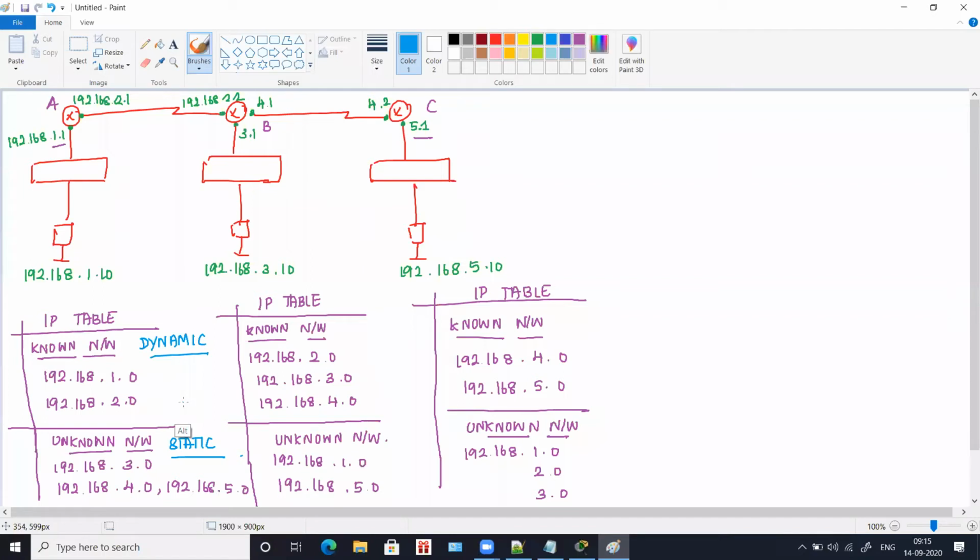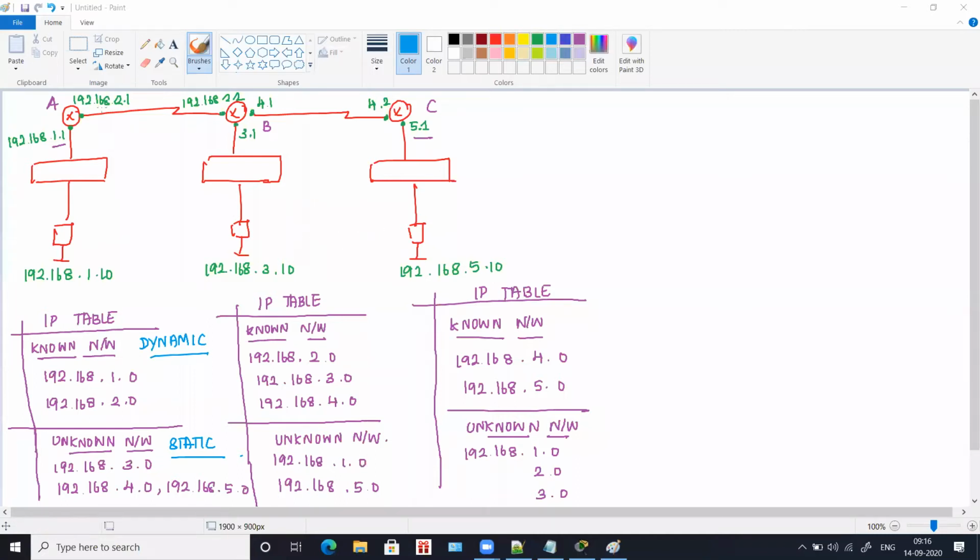Is it clear? Great. Okay, so now we'll see how this is done. But for today, this is how you are going to do your assignment. You're going to have 3 routers, and you're going to connect all the 3 routers with 3 switches, and you will have computers connected to each and every switch.